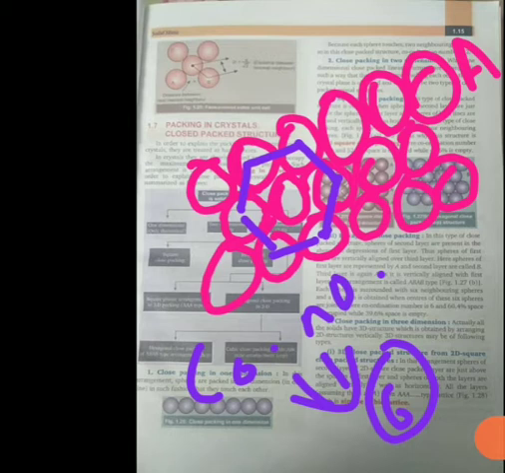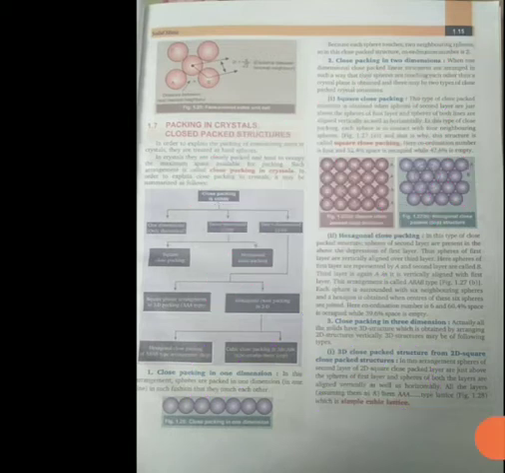The 3D structure we will discuss later, but let us see their classification, okay. The 3-dimensional is also further divided into square planar arrangement and hexagonal close packing, okay. And this hexagonal close packing is further divided into hexagonal close packing of the type ABAB and cubic close packing of the type ABC ABC. You can understand about them clearly in our next lecture, but right now from this lecture what you have to just remember is what a close packed structure is.